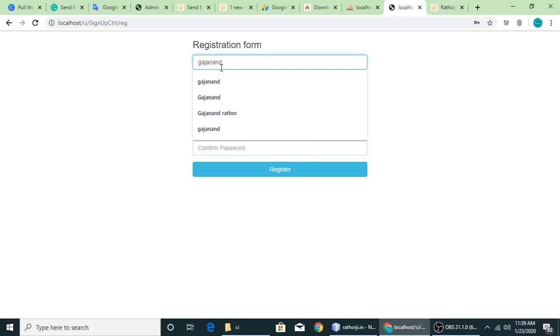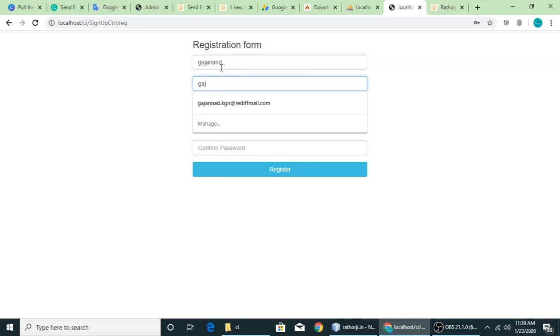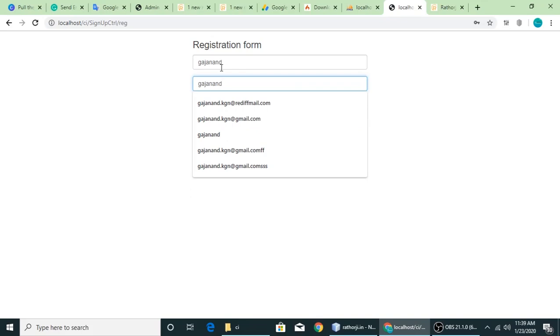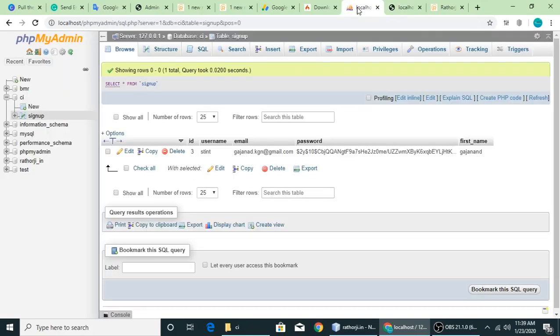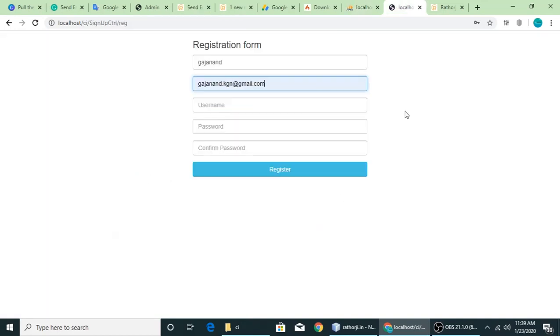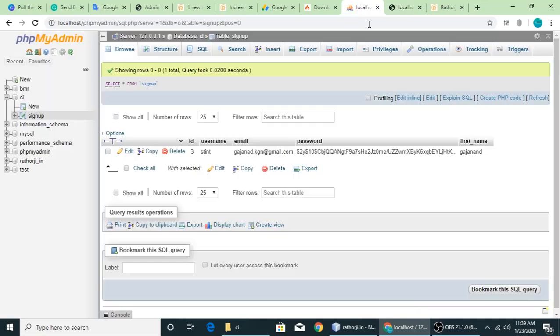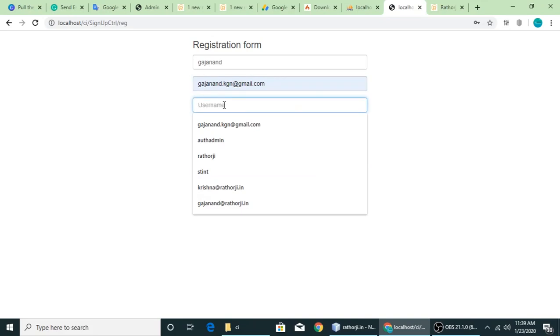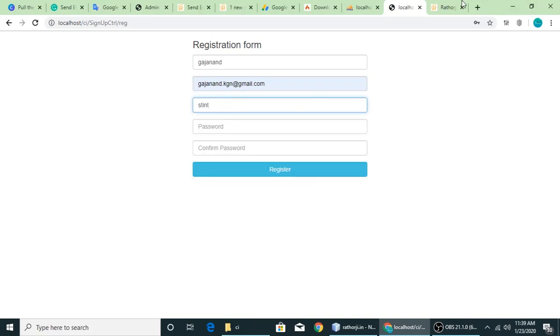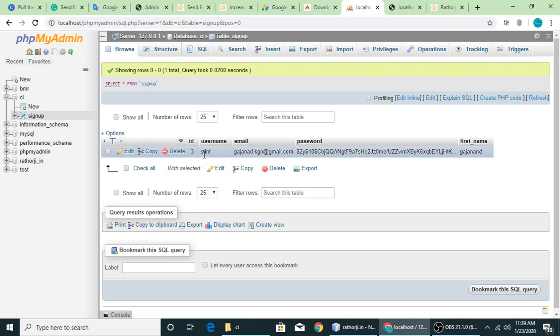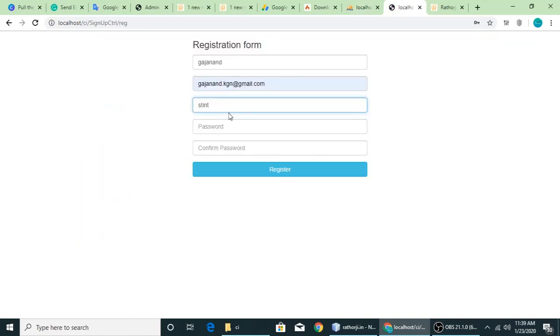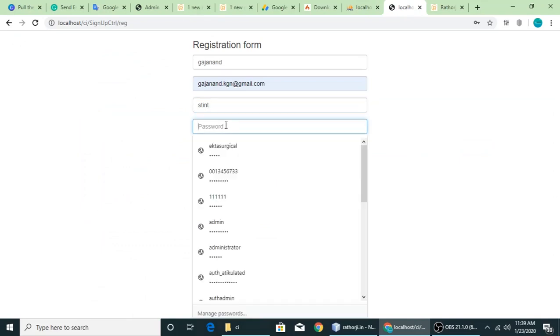Type in the name, and here is the email. I'm putting an email which already exists in the database, which is this one. This is the database table where we will store this form. So this email already exists in your database, and here is your username. And the username I'm again putting is already in the database, so I'm putting the same username, and then the password,